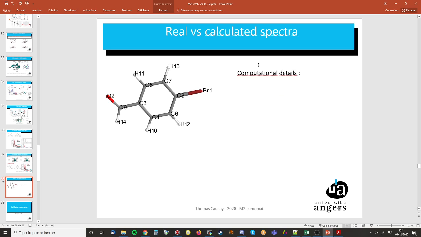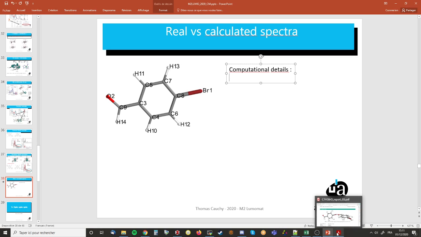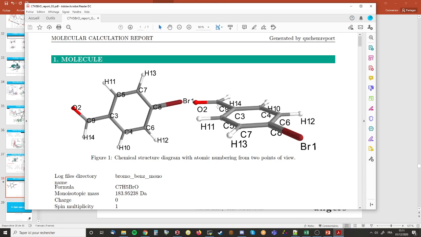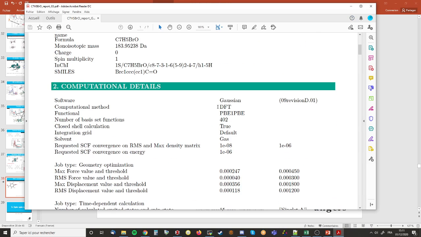So when you present your results, you need a slide, or you need to put somewhere what the computational details are. In the report they are here, but you can find them in the input or the output, somewhere. Here we have a functional that is PBE1PBE,